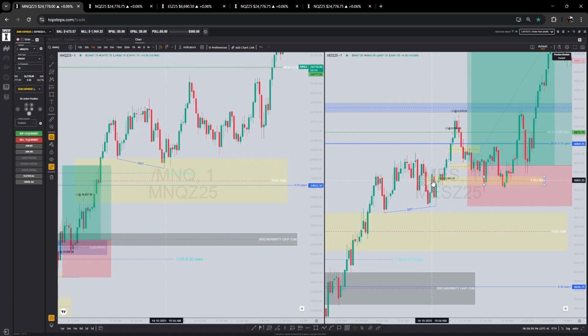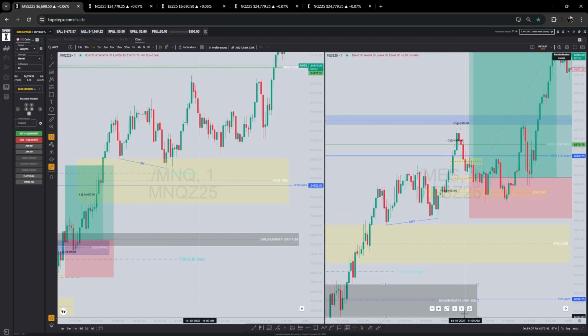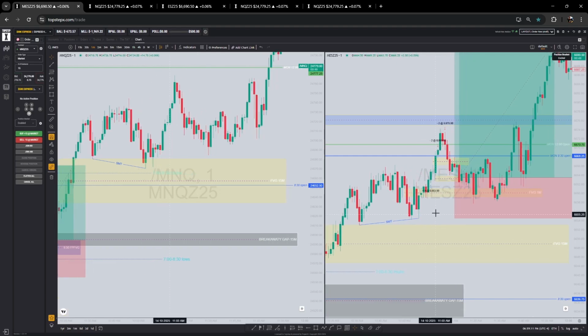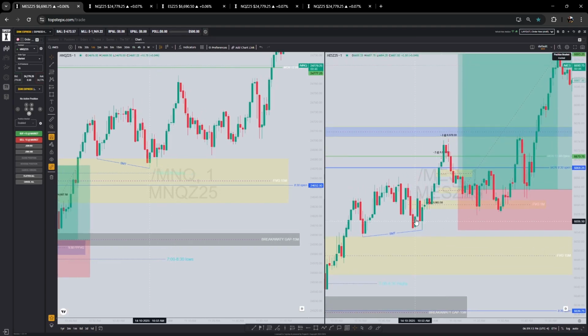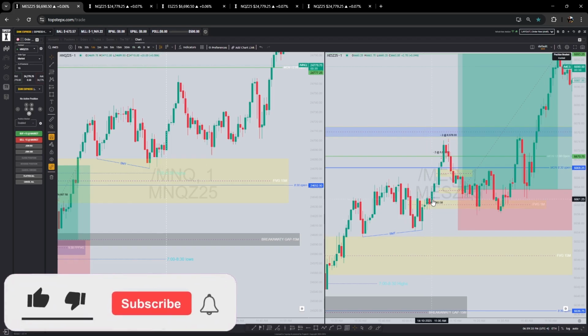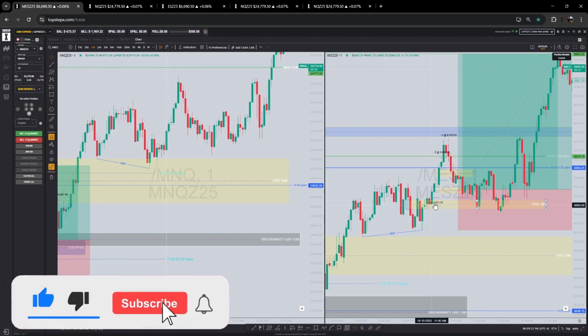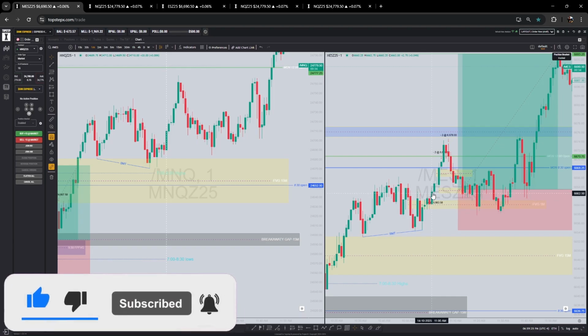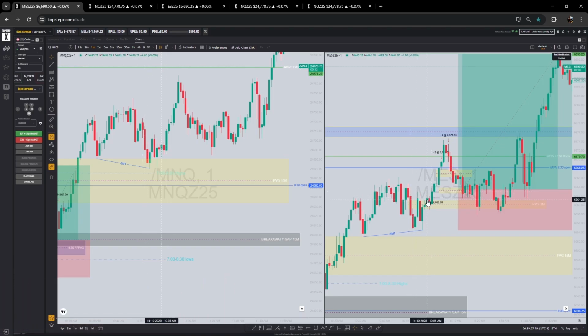We started displacing up. I could have taken the trade when price closed above this fair value gap here, inverted it, but I wanted more confirmation. I want to be sure, because I didn't want to give back the profit that I made in the morning. So price ended up coming back, retracing, and then price came back again, closed above this fair value gap. When I saw price close above this fair value gap and break above this high, I took